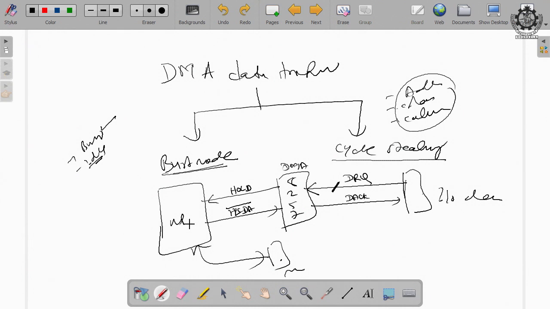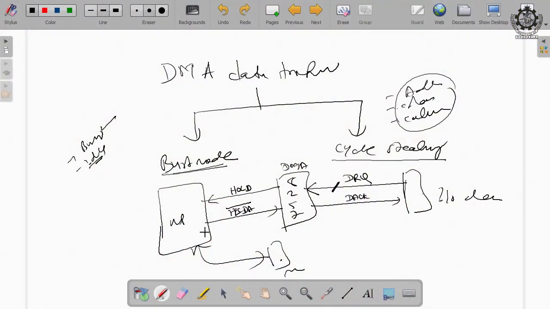After giving the system bus control to the DMA controller, the microprocessor will steal some few cycles, and during that it can transfer some data to some other device. So, that means both data transfer and execution go parallelly in cycle stealing, but in the burst mode, when the DMA controller is transferring the data, the microprocessor does not interfere at all.